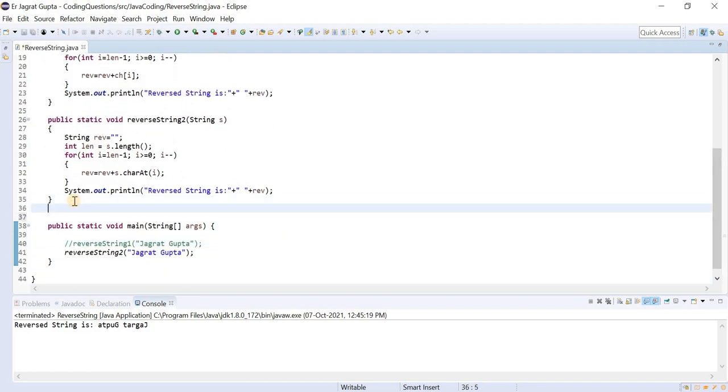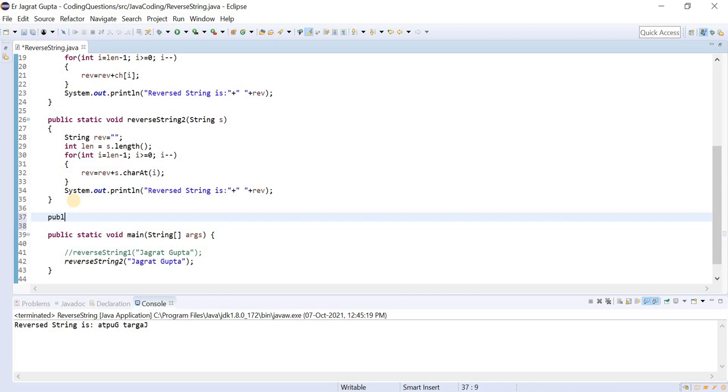As a part of this implementation, let me make another method: public static void reverseString3, and I'm going to pass a string to it like this.